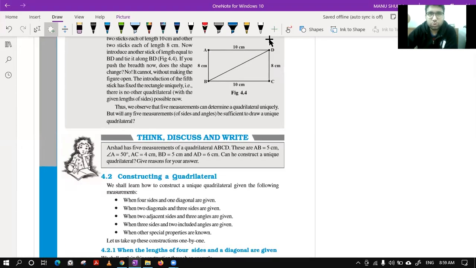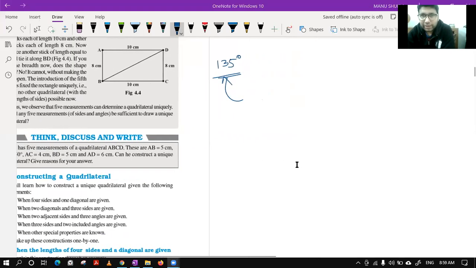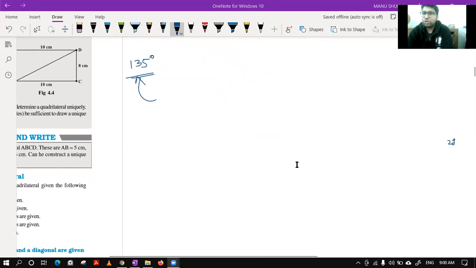Please let me know which two angles you will require to make an angle of 135 degree. If I give you an angle of 135 degree, which two angles would you require to bisect so that you can make this angle? Please tell. Class, try this question. We have seen the case of 90 degree. Similarly, you have to tell me which two angles you will take for this 135 degree.